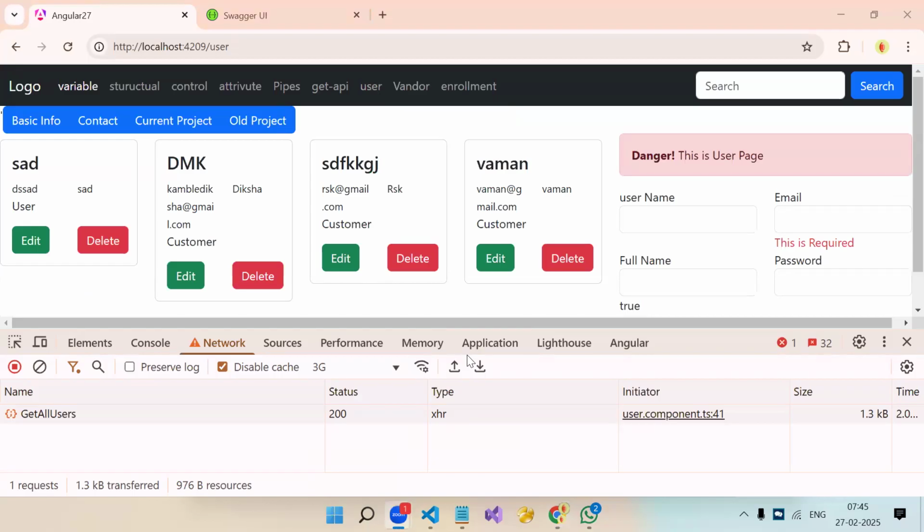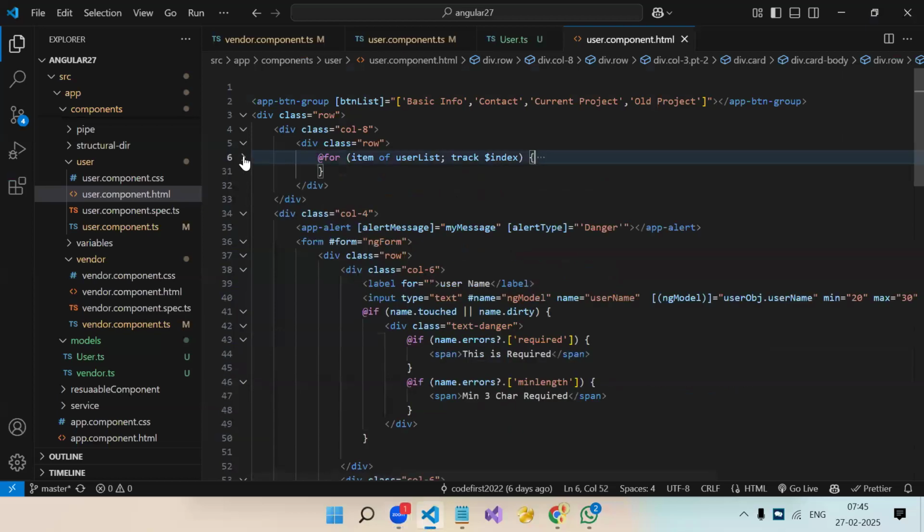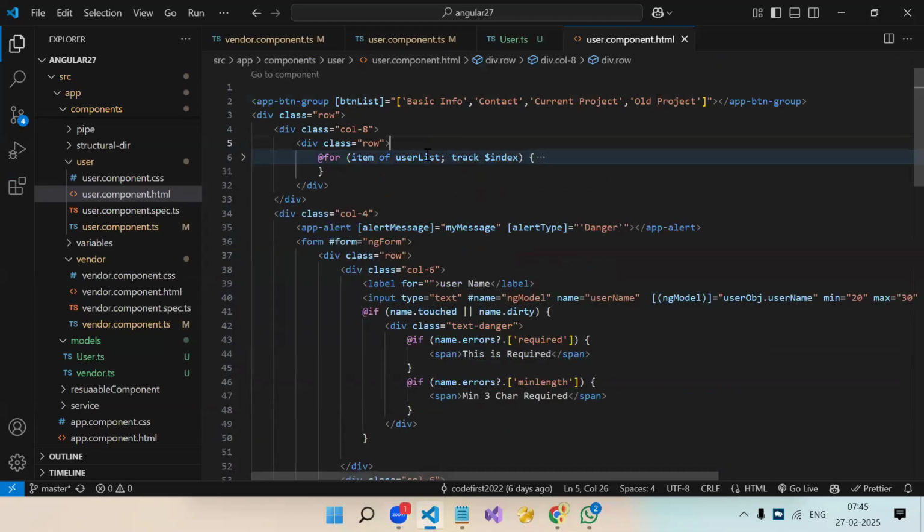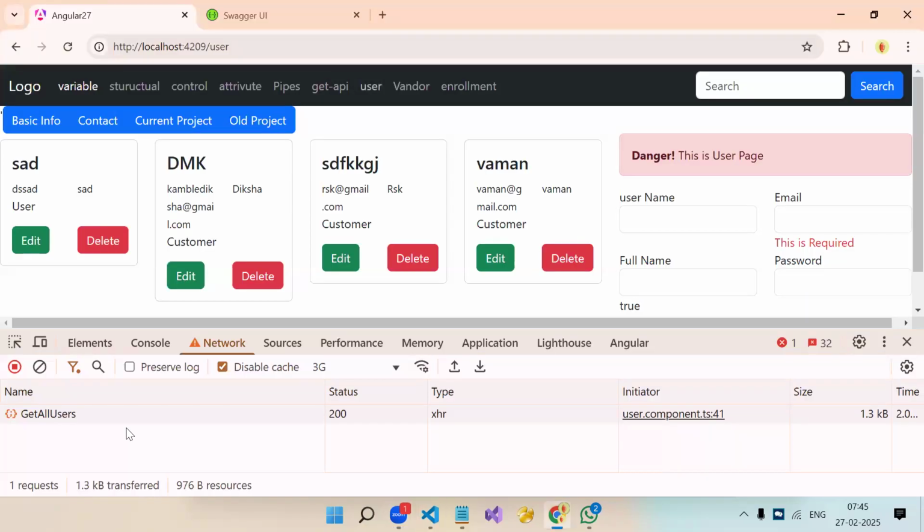Sir, until data comes into the user list, we can show the animation. Okay, so we can add a for loop. We can add a check over here by checking the length of the user list. If the user list is 0, we have to show the loader, and if the user list is there, means we got the record, then we can show it like this, no? Yes sir. But that will break if from the API call you don't get users and it is 0. Then the loader will always be there, right?